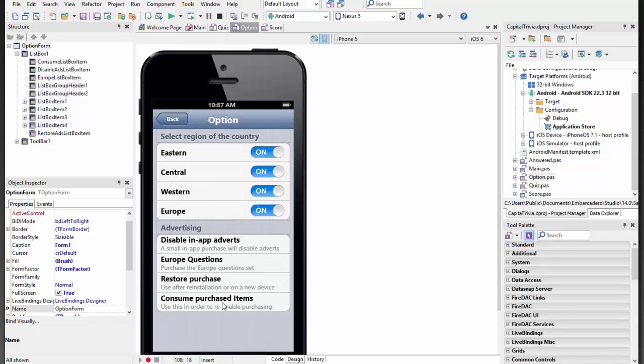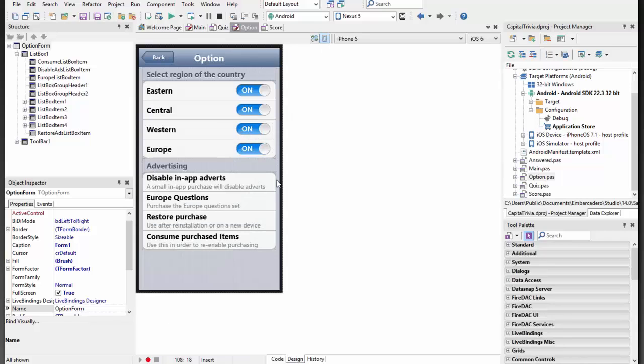This item here, consume purchased items. This isn't something you're going to have in a typical app. What this does is it goes through and says that they've consumed the purchased items. So this turns these durable items into consumable items. So they get used up, so they'd have to purchase them again. So this is useful for demonstration purposes, but not useful in an actual app, unless you want your users to continue buying disable in-app adverts, which, maybe you're going to let them,